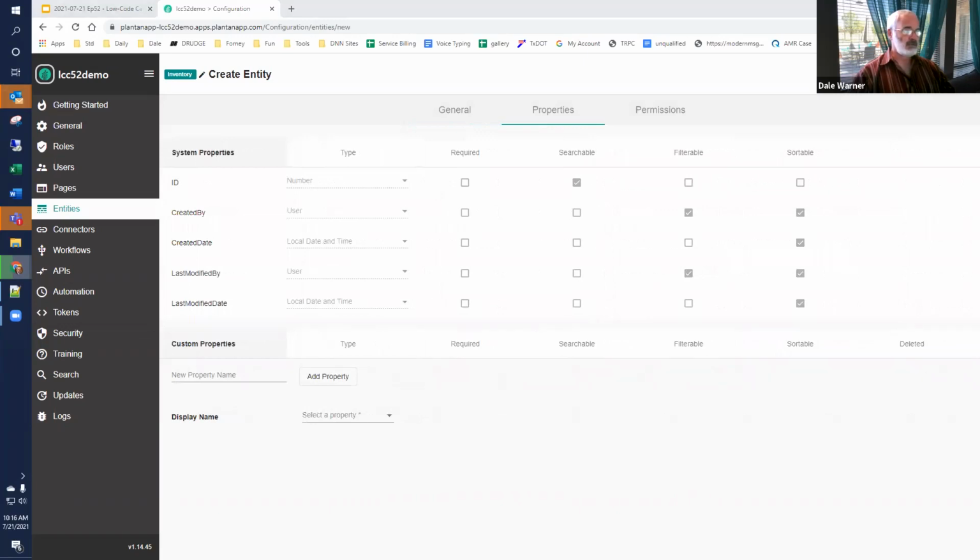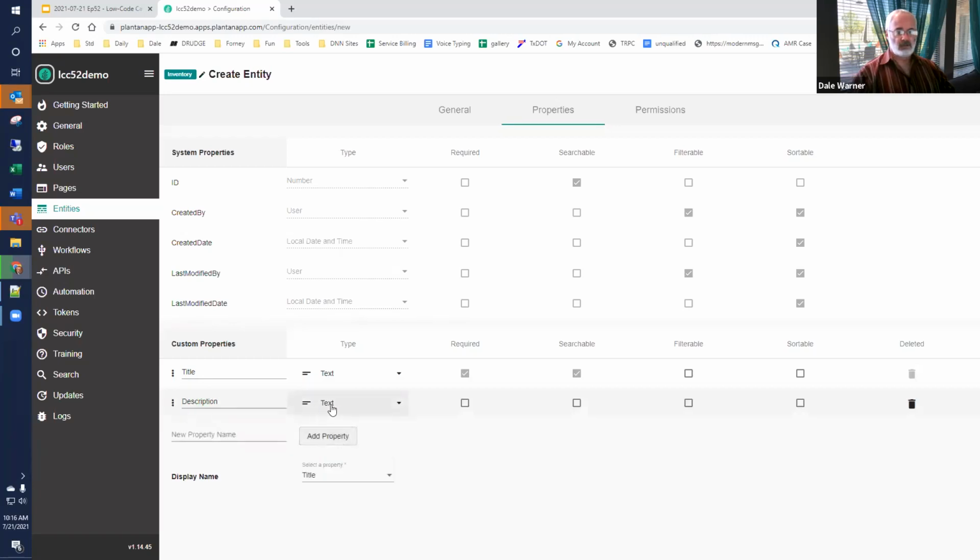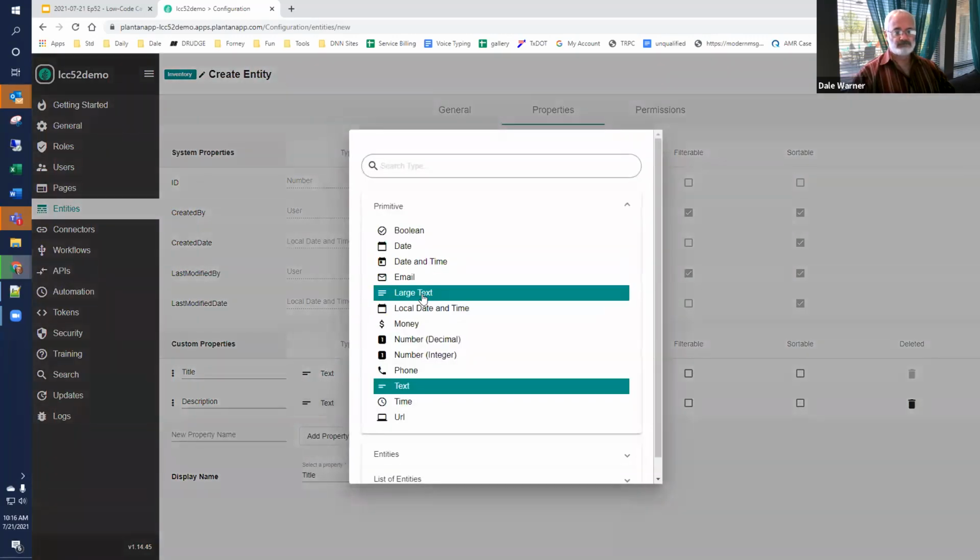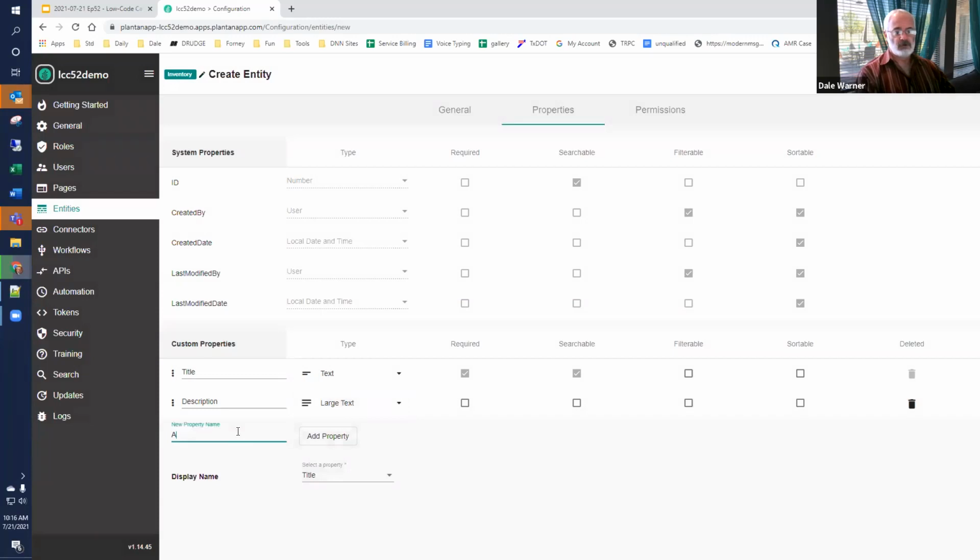Let me make sure I get them all. So we're going to have a title, which is a text field, and we're going to make that our hyperlink to get to detail. We're also going to have a description, which will be a large text. Who the artist is,